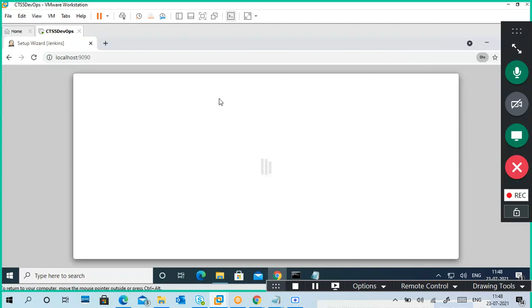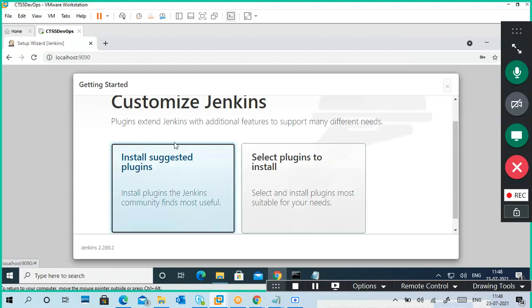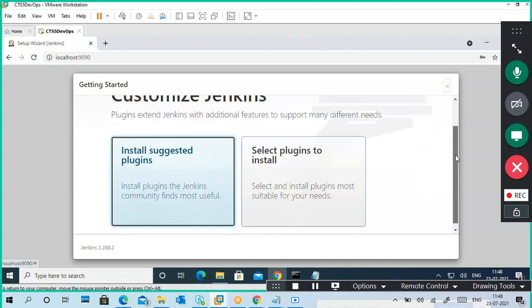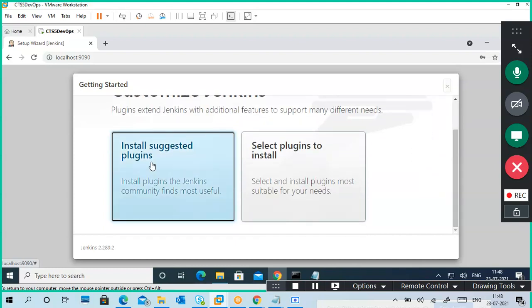Don't save this password. Okay, guys, clearly see this, listen carefully. This is install suggested plugins, or select plugins to install. You don't want to install all the plugins.